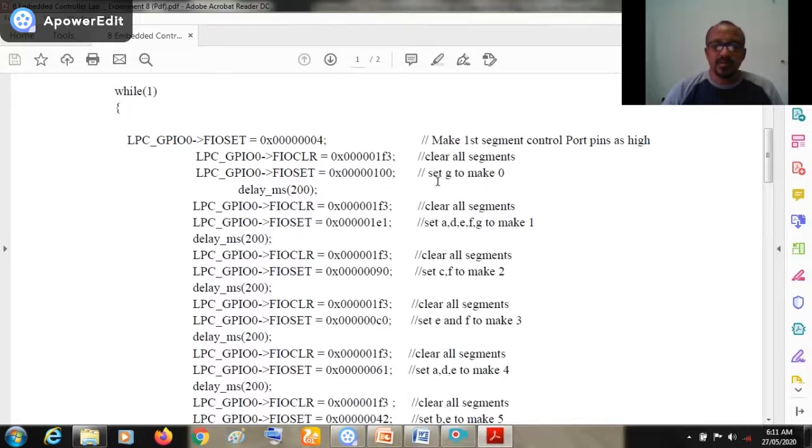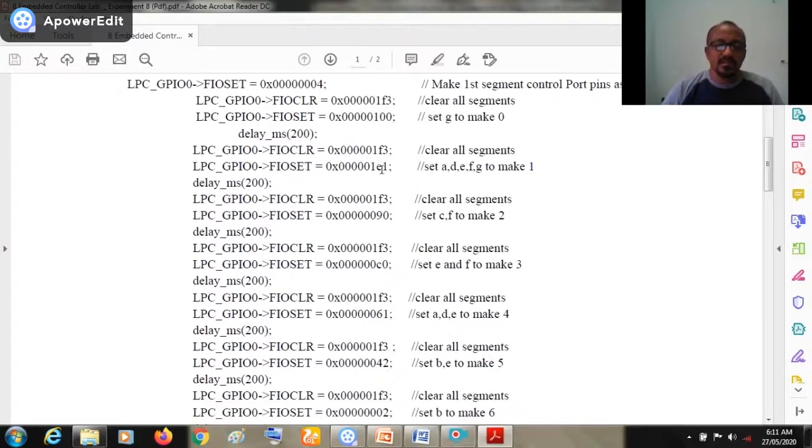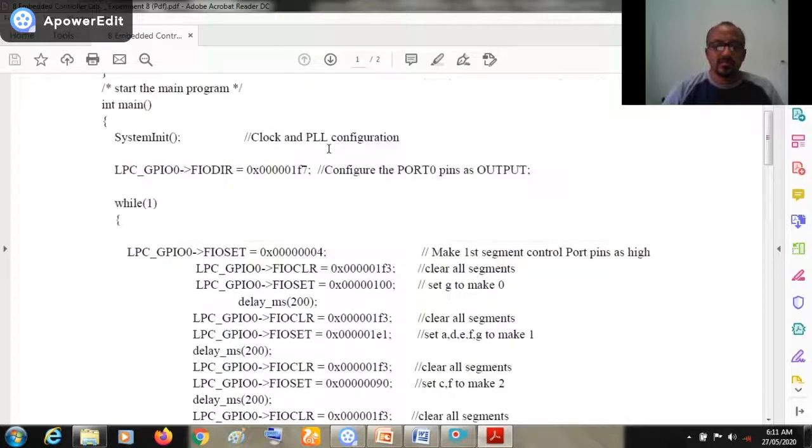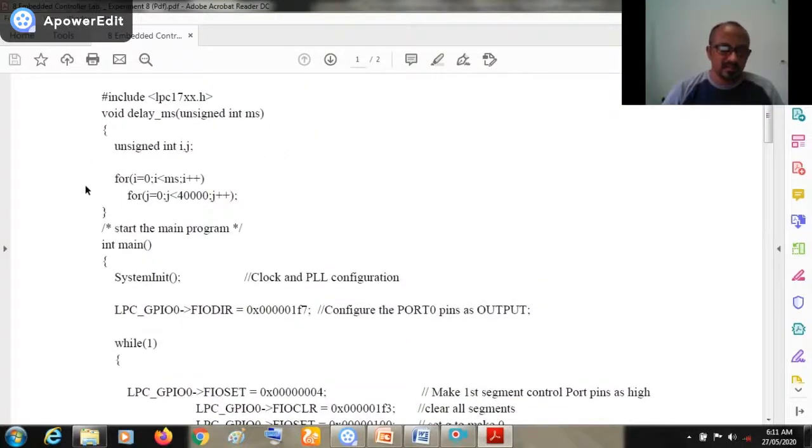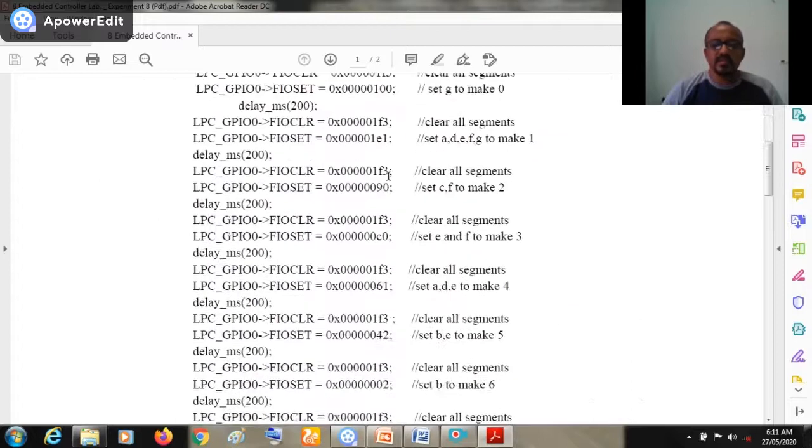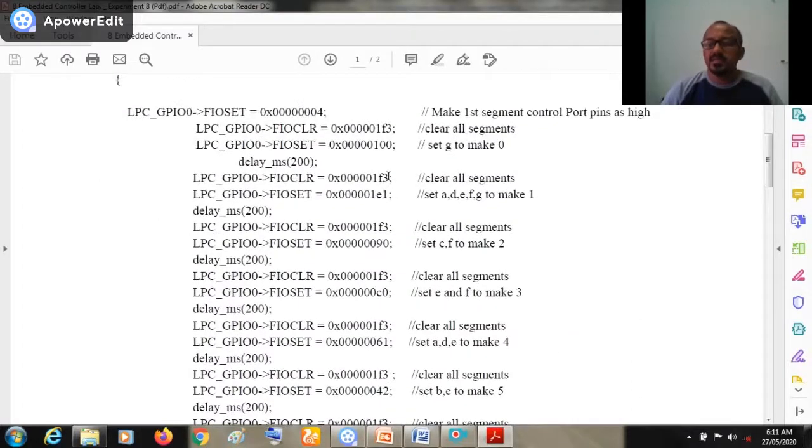To display 0, as I explained, the G bit has to be set to 1 and the rest all to 0. The same thing is done here. Then we put some delay, we call the delay function, and the amount of delay required is passed. The delay function that is written will generate the delay in milliseconds.